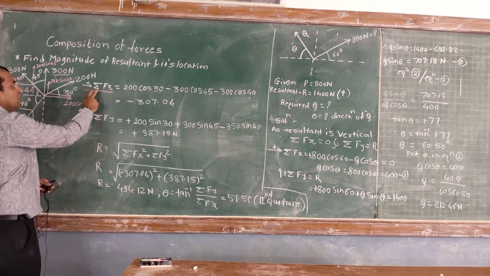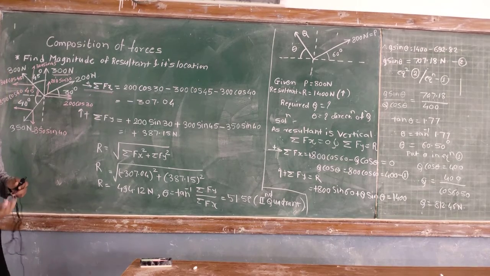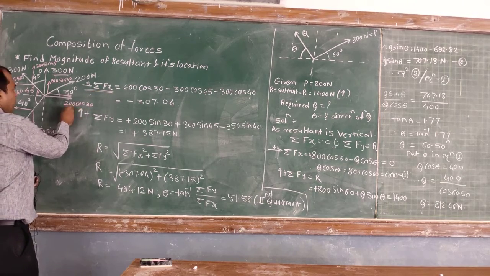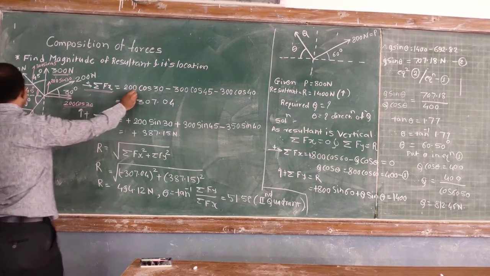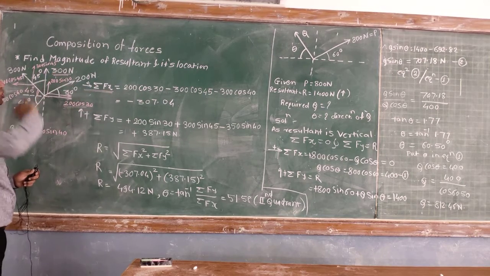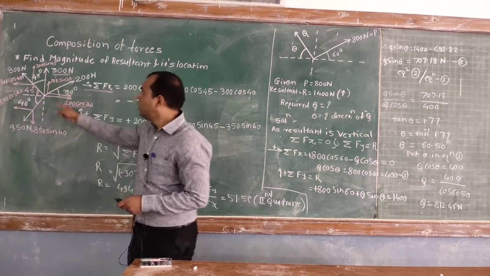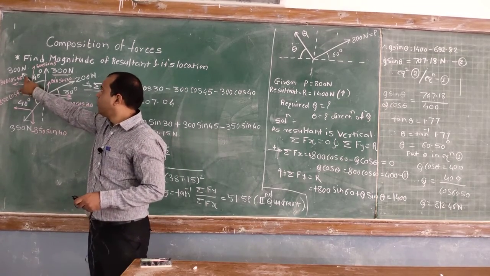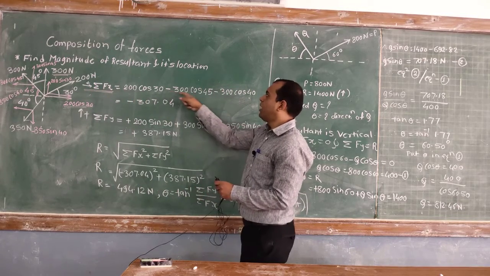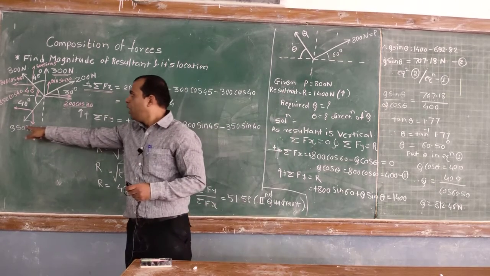This symbol indicates that summation of F of x means summation of all the forces in x direction we have to find out. So what are the summation of all the forces in x direction? First is 200 cos 30. Second one, this force 300 Newton, but its x component is 0, so don't consider its x component. Then the third force, 300 Newton, its x component is minus 300 cos 45. I have written over here minus 300 cos 45,